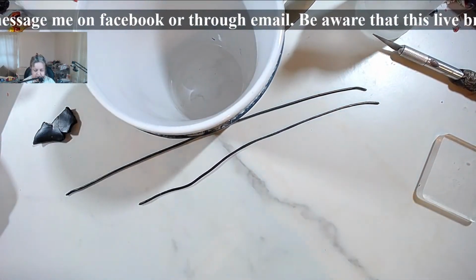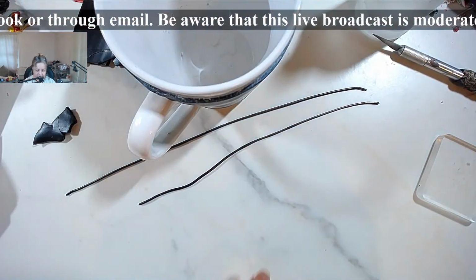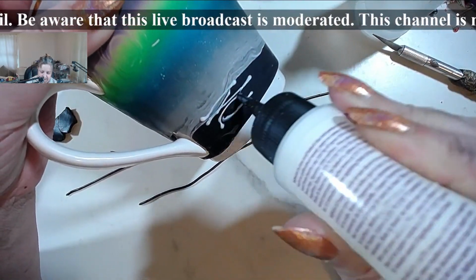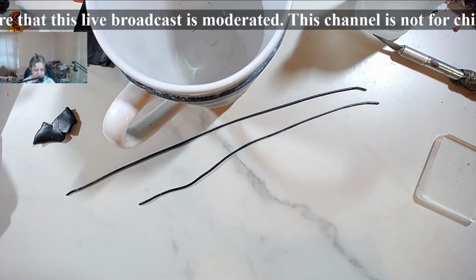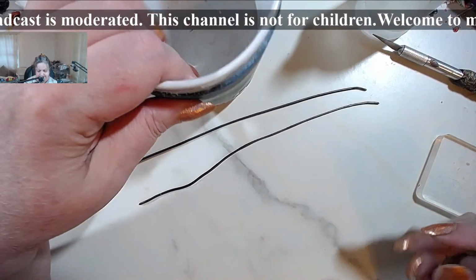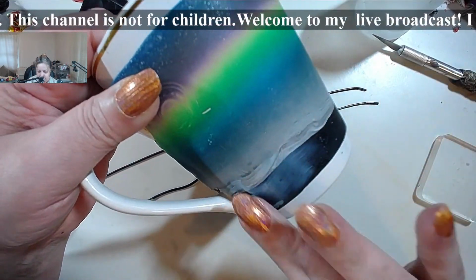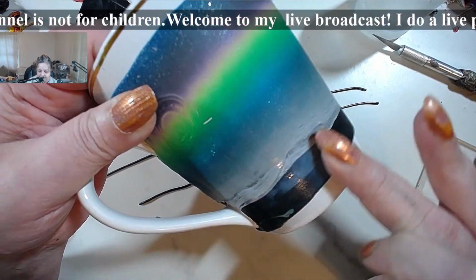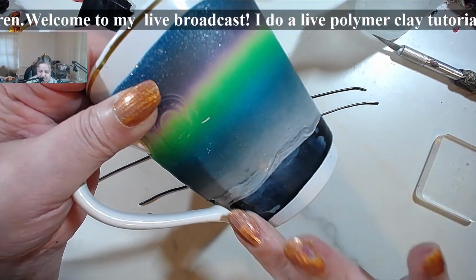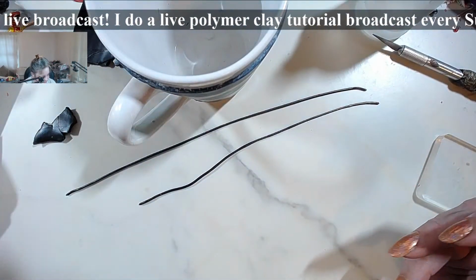Okay, so I'm going to put some right here, and for that obviously I'm going to need a little bit of bacon bond. And generally speaking, I've seen a lot of mugs done with the elements, and I think I said that last time, with the elements kind of sticking out. Yeah, you can do that if you want to, but your problem will be when washing it, because if you have all kinds of little flowers and things sticking out,